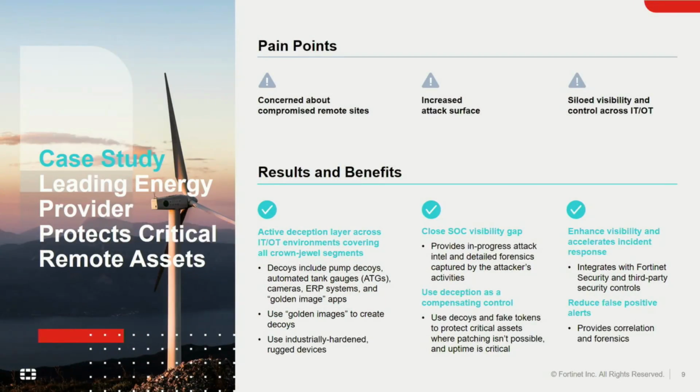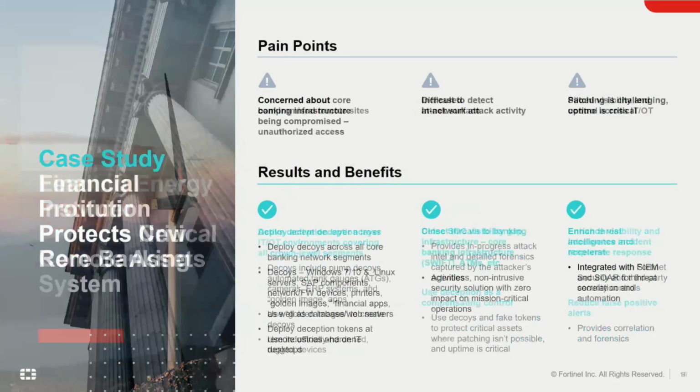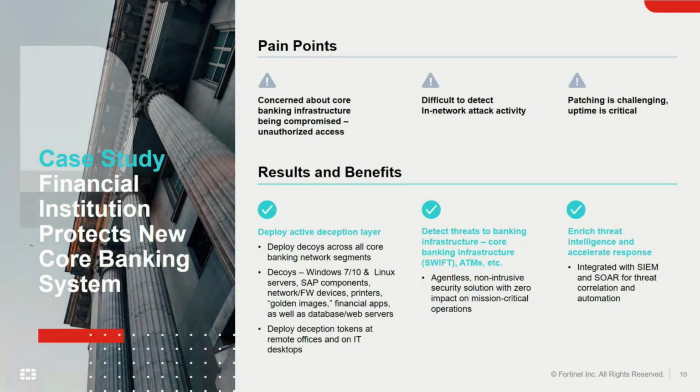A huge gas station company has 330 gas stations. For them, that is 330 points for getting attacked. So they use deception to protect the gas station facilities, because there is IT and OT there. Second one is a bank